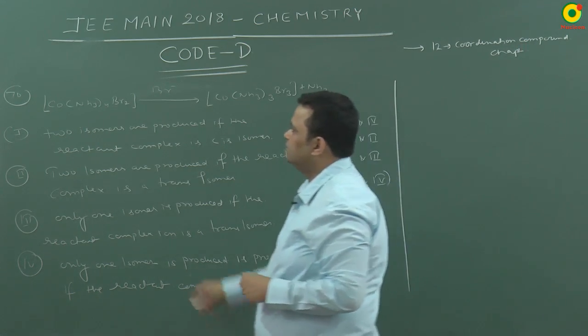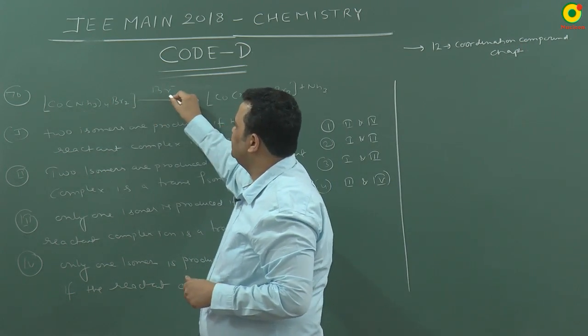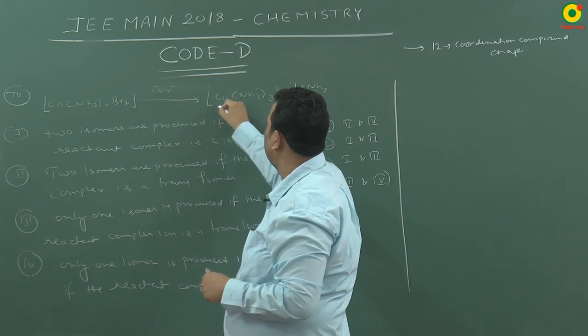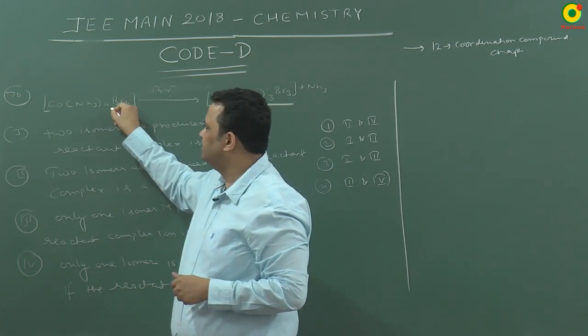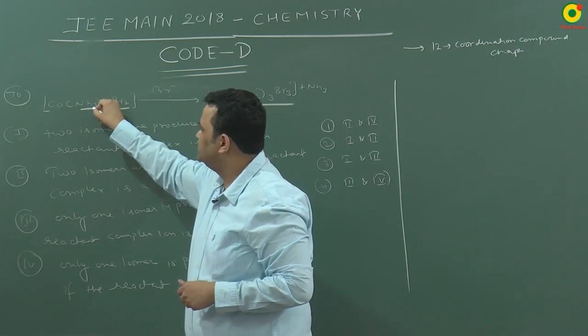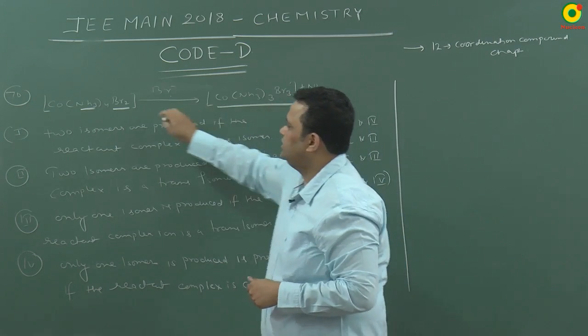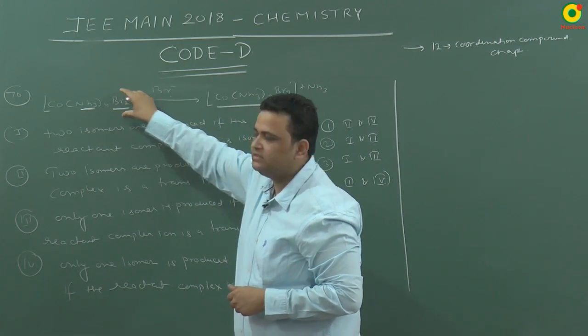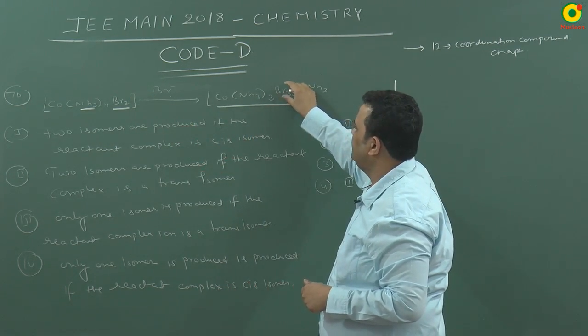The question is that this complex is reacting with Br minus ion and a product is formed. So you can see the difference. 2 Br atoms are there and 1 ammonia ligand is replaced by Br. So in this complex, on the reactant side 2 Br are there, and in the product side 3